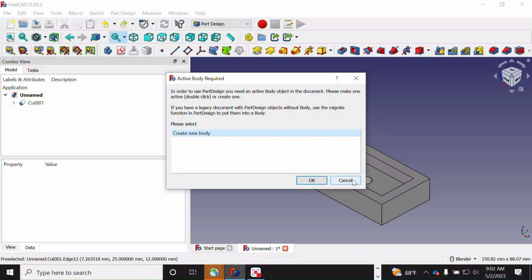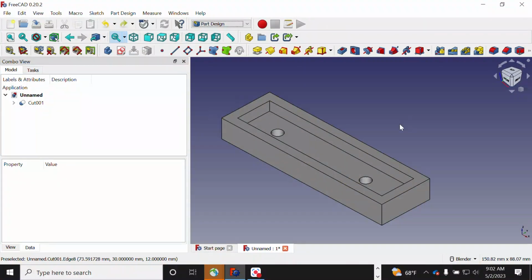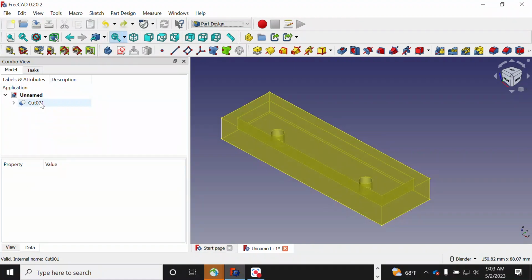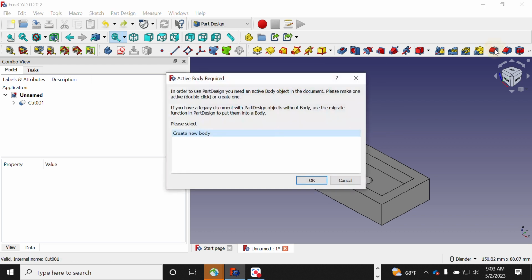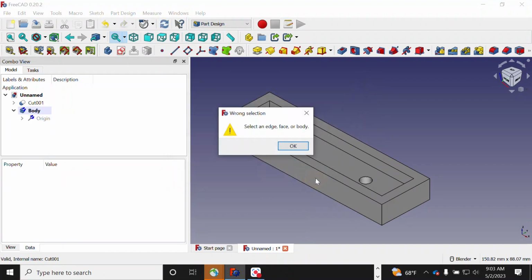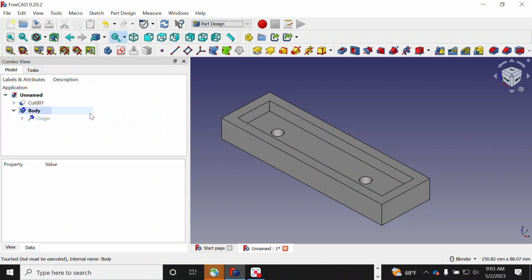What does that mean? Well, in FreeCAD, these operations are under something called body. So a part is a solid, but a body is what you can do representations of the part. So you can just basically create a part, or if you go to your curvature again, just say yes, create a body, okay. And now it's gonna tell you to select an edge, but you're not done yet,